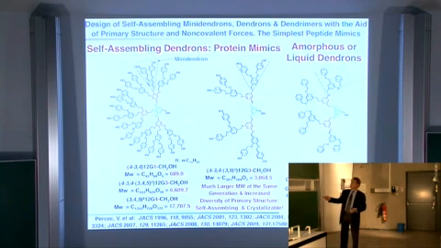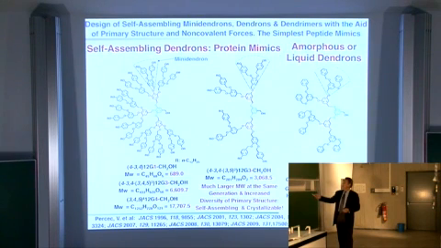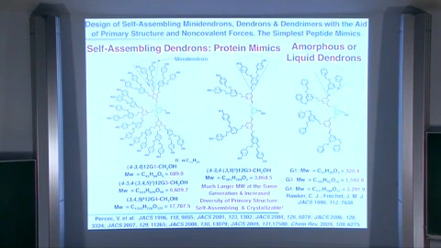So let's look very carefully at what we do. This is our molecule that mimics a protein. We have one repeat unit that is identical, 2 repeat units. The third repeat unit is slightly different. And then on the periphery, we place something that is dissimilar to the structure in the inner part of the